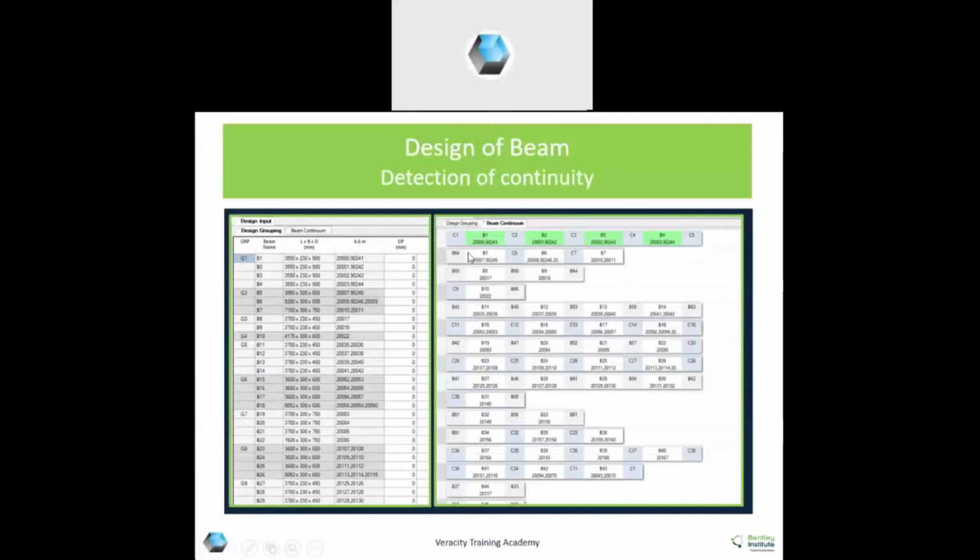Here in beam continuum, you can see a continuous beam. You can see the columns in between, like it is a drawing only. From one column, whichever beam number is given in between, and below the beam number written are the STAAD member numbers. So you can check this continuum. If it is okay with you, you can continue. Otherwise, you can split the beams at column at start or end. That is up to you.